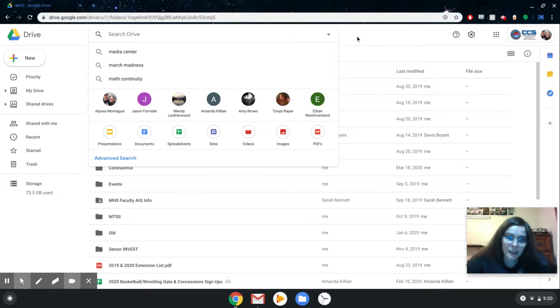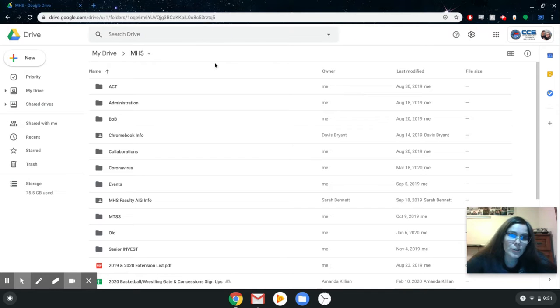And so the search within helps you kind of narrow down, so you'd only be searching within a specific folder instead of your entire drive. Over here, you can see you've got this big new button with the little plus sign